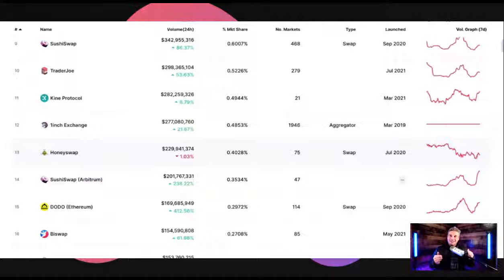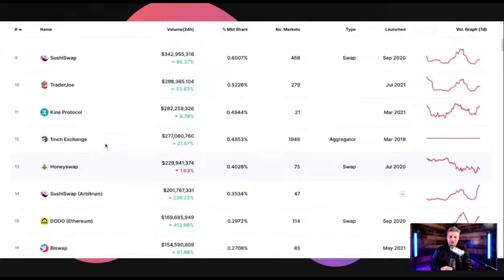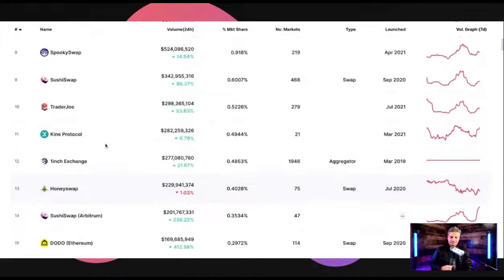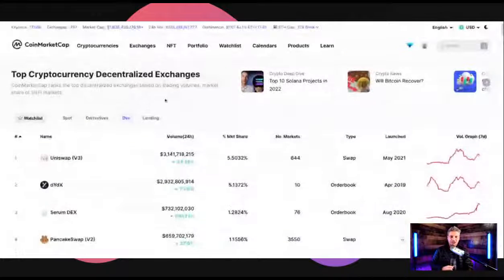I don't want to get into too many details, but each DEX also has its own chain. Typically, some can be multi-chain. Don't get confused. But I want to know, first of all, what chain is this DEX on? And what is it being used for? And is it becoming the primary DEX for that chain? So HoneySwap was one of those, and I got some good information that day just from noticing the change.